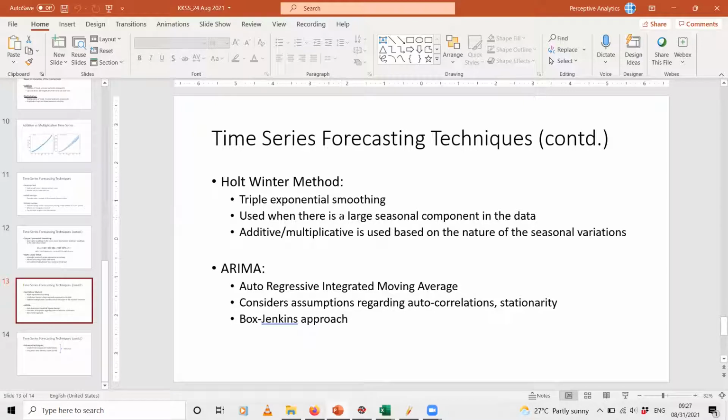So that is one component, and then you have the trend component as well as the seasonal component. For both trend and seasonality, you can specify whether it is an additive or multiplicative component. That is why this method is called the triple exponential smoothing method. Okay. So this is just to give you an overview of the different exponential smoothing methods and how they differ from one another. Any questions here on the theory part until now?